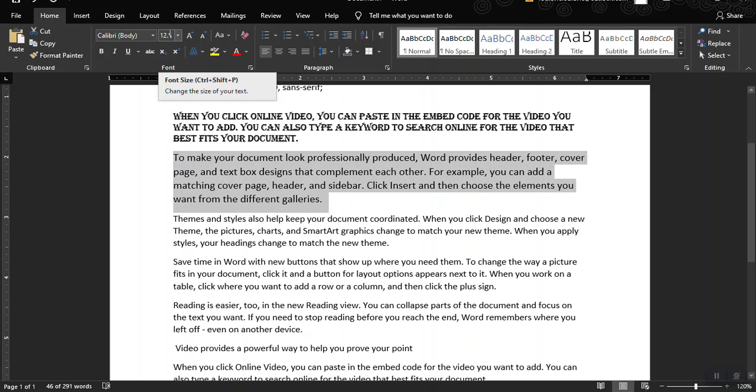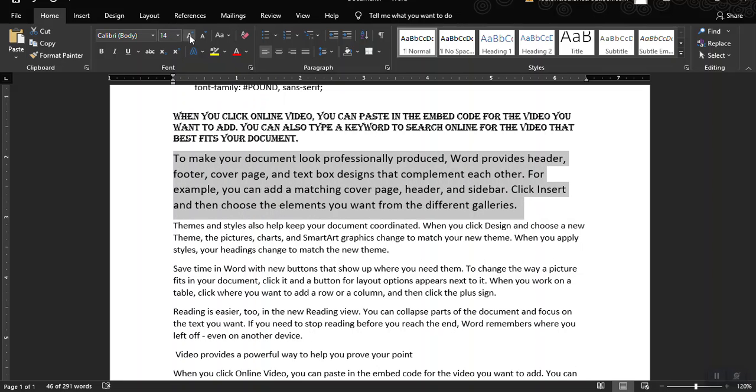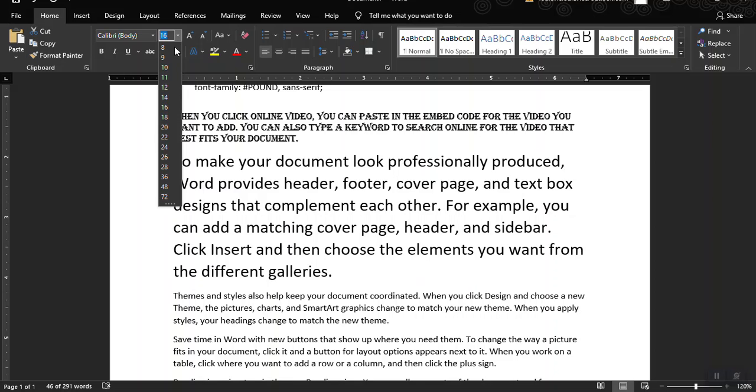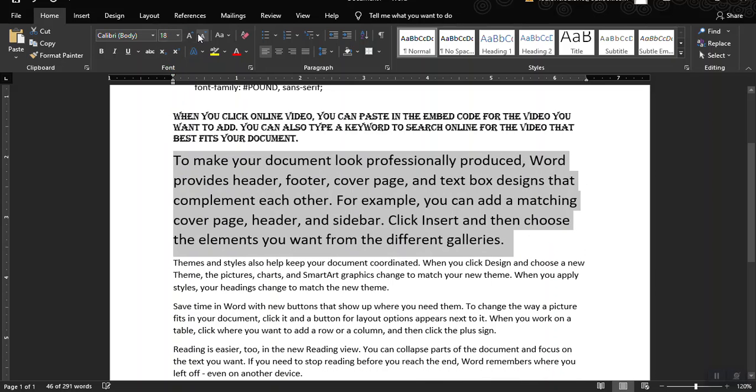So now the size of this font is 12.5. Okay, next is the increase font size and decrease font size. It has the same function as this one. So it increases your font size by 1, or depends on the selection of this drop down. Okay,